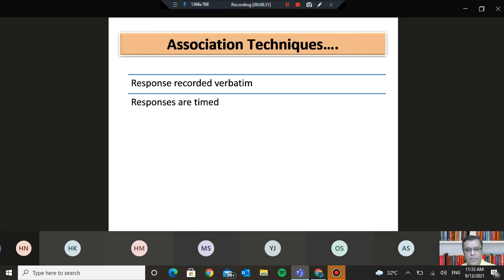We can analyze the responses emerging from the subjects by noting down the frequency with which a particular word is appearing as a response. We may also note down the amount of time that elapses between the time when the word was read out by the researcher and the response that is given. Then we may also have to note down how many people did not respond to certain test words, or how many people did not respond to all the test words. Theoretically, that is a possibility.